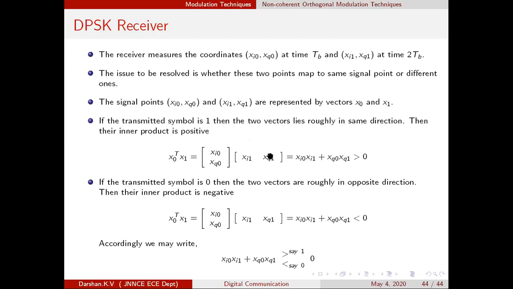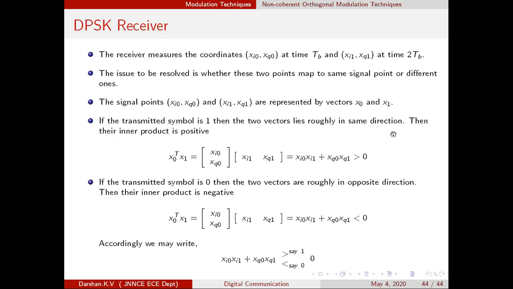x0 and x1. Here you can treat the points, but for the sake of analysis, he has converted the signal to a vector. You know how to convert a signal to a vector. That is very easy. This is x0, right? You enclose this with square brackets, then that would become a vector.